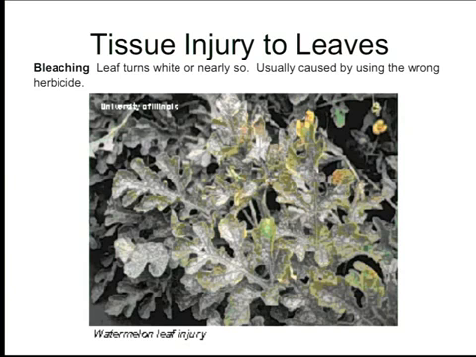Here you have bleaching, okay? Now, what is really interesting is that you can bring that plant to somebody supposedly as an extension agent that knows about this stuff, and the guy could say, well, this could be an insect. This could be a fungi. This could be a bacteria. This could be a nitrogen deficiency. This could be whatever,